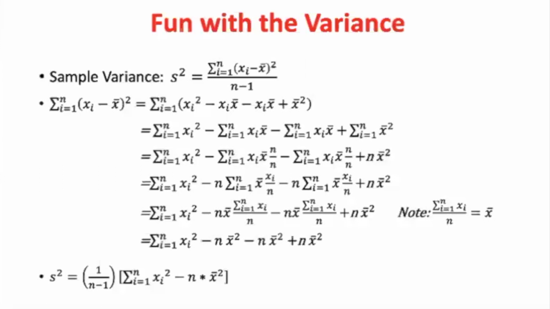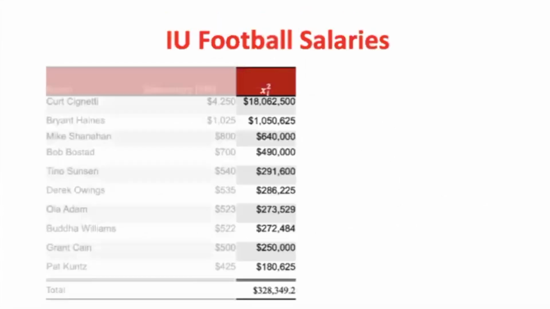Now notice that these two cancel, and I'm simply left with the sum of the x's squared minus n times the mean squared. And then that was just my numerator, so I still have to divide it by n minus 1. Or once again, I can write that as multiplying by 1 over n minus 1. So that's just another way of calculating the variance, and we'll see this with the IU football coach data